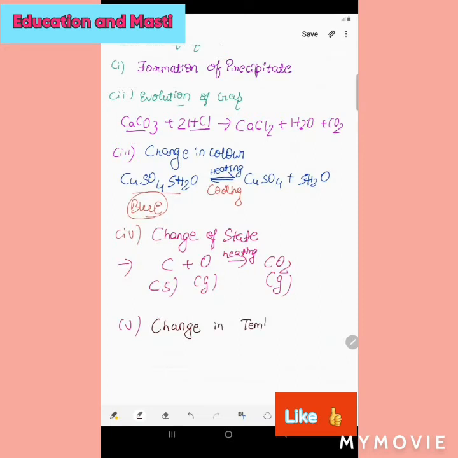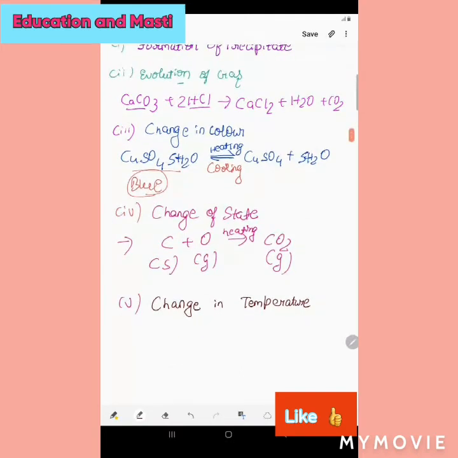This is common also. Every reaction can have a change in temperature. Like if it is at 0 degrees, it can move to 10 degrees more. Like that it can happen. So change in temperature is a common thing which happens in most chemical reactions. Now there are two types of reaction based on this change in temperature. One is the exothermic reaction and the other is the endothermic reaction.